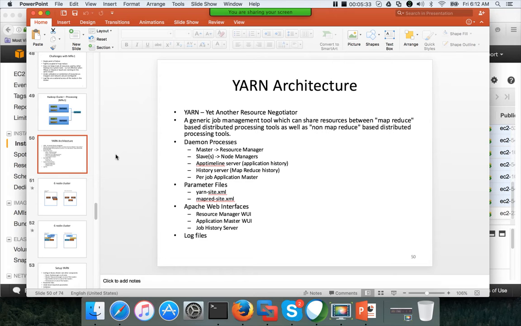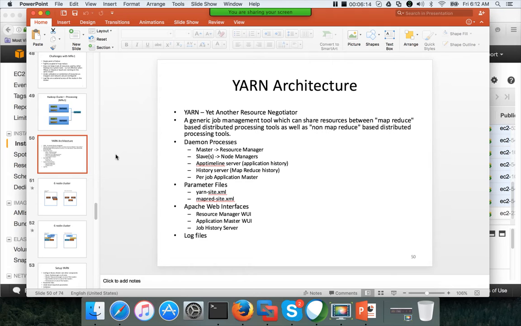So to make Hadoop multi-tenant and to reduce the overhead on the job tracker, they needed a new framework. That's where YARN comes into the picture. YARN stands for Yet Another Resource Negotiator, a generic resource management tool which can share resources between MapReduce based distributed processing tools as well as non-MapReduce based distributed processing tools. MapReduce based tools are typically, from the execution context, running MapReduce jobs, whether you use Hive, Sqoop, or any other technology, as long as it is executing using MapReduce jobs.